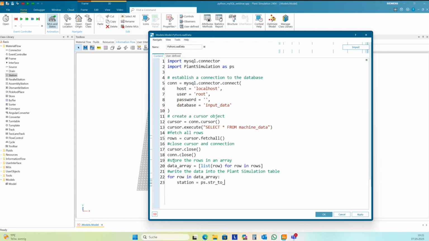All the results from the database, okay. Never you get objects from the database, and so you need to change the data type with str to object, and you find this in a row in the first column.